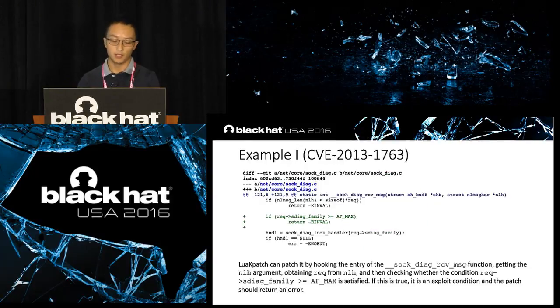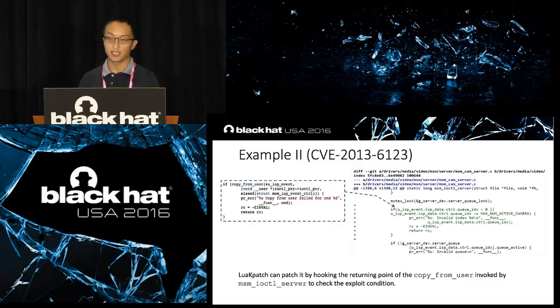We can give two examples. The first one is CVE-2013-1763. This is the source code of the patch. We can just do the function entry check to achieve the same validation. And the second example is CVE-2013-6123.